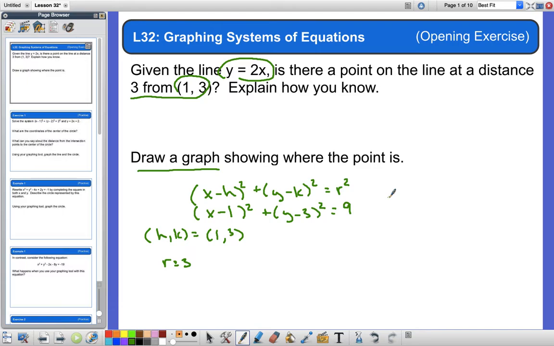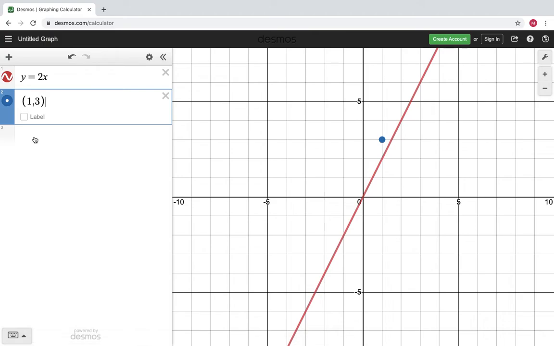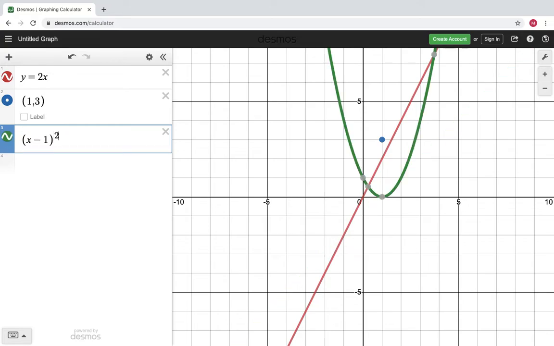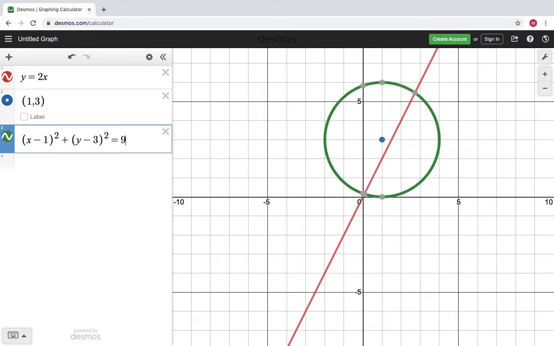Explain how we know. If we go to Desmos and put in the x minus 1, squared, plus y minus 3, squared, and set that equal to 9,